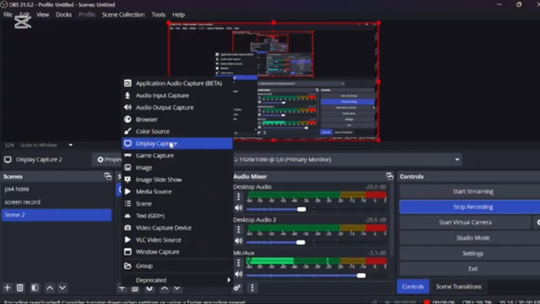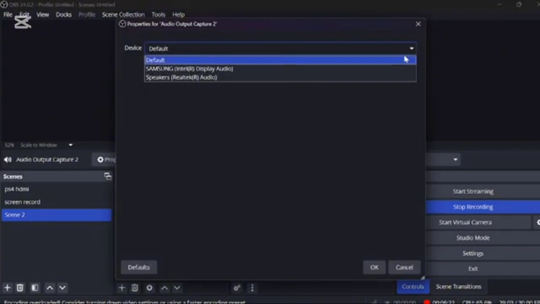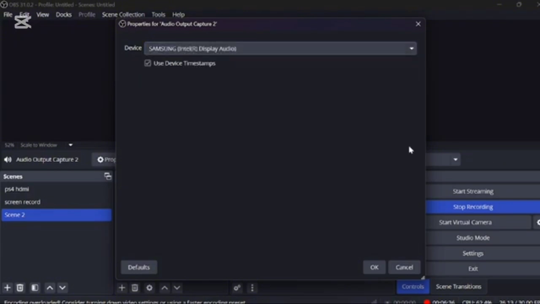Okay. Then it brings you here a device. So because I have two, speakers is my laptop, Samsung is my main display. So then we're gonna click this. Because my main display I use is this, it would use the sound I use from this, capture it,